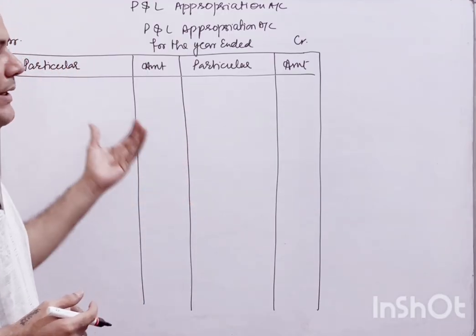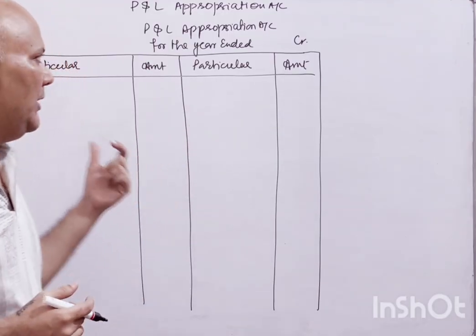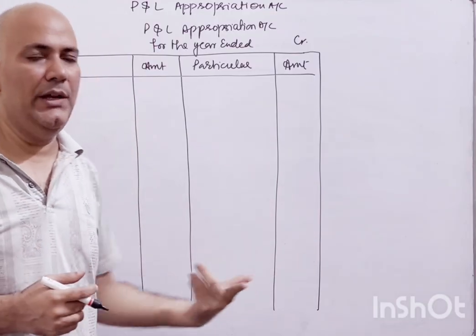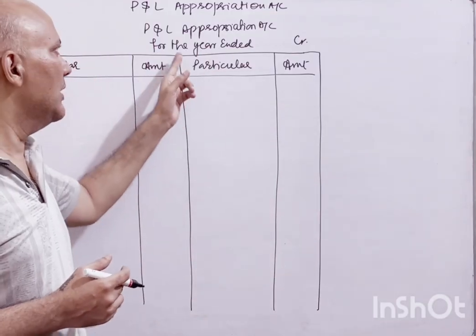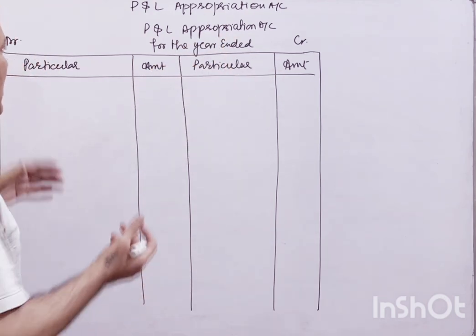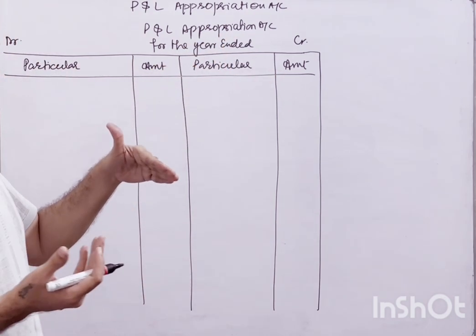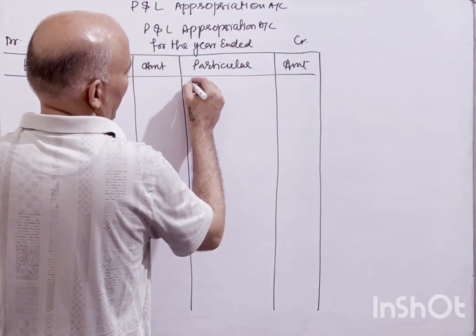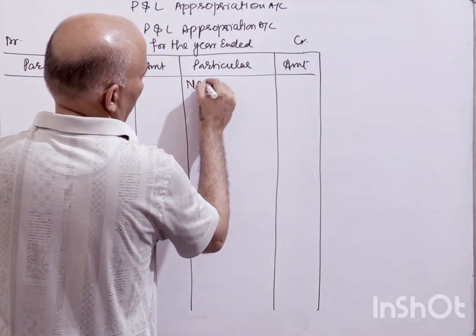So you will be getting profit. Most of the time, profit and loss appropriation is prepared when you have profit to appropriate, right? Utilization of profit. This account is prepared for the appropriation of profit, that is utilization. So the entry will come from your profit and loss account. So if you have the profit, then net profit will come over here, net profit,